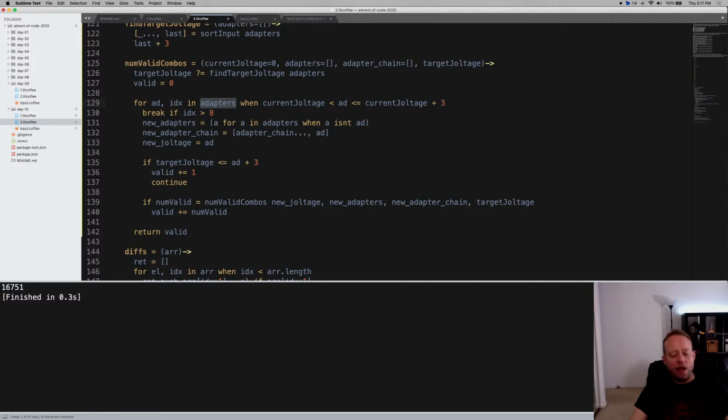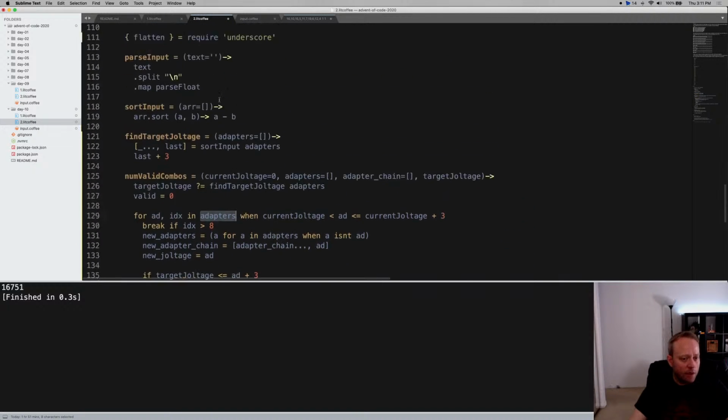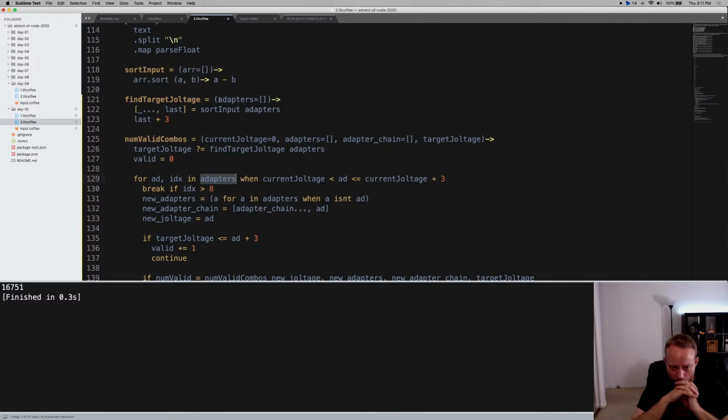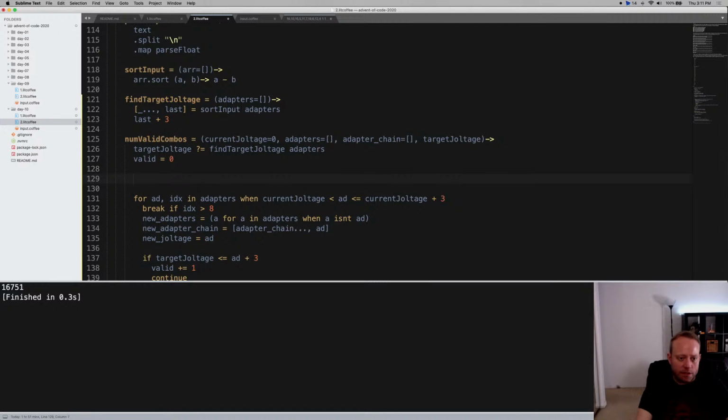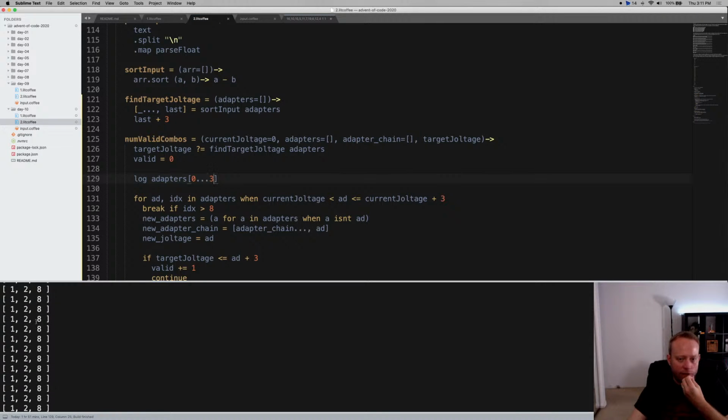So we have these adapters that we have to choose from, and they should be sorted. I feel like they are sorted when the current voltage is less than add. So let's log these and see if anything looks weird. So this definitely looks weird, that we're considering these so many times,